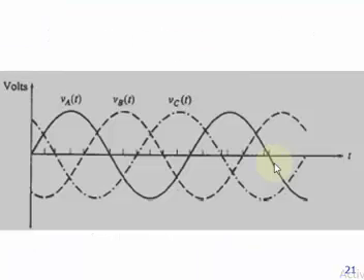Now these are the voltages of the three loops A, B and C. A is the loop which is starting from 0. The value of